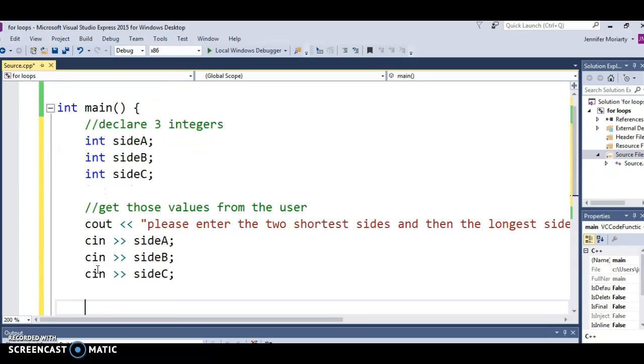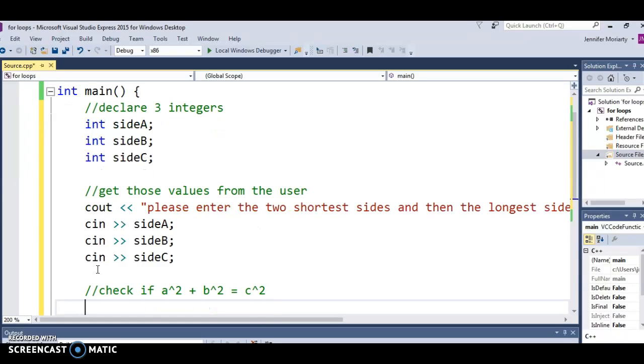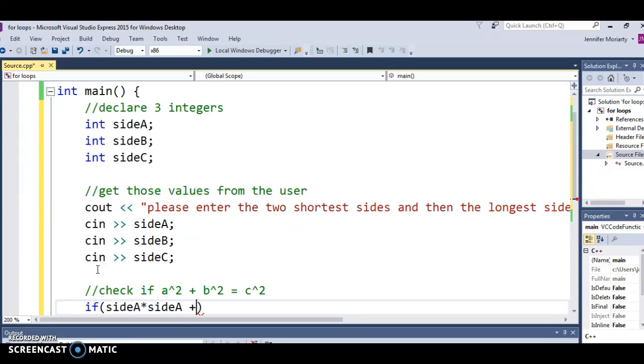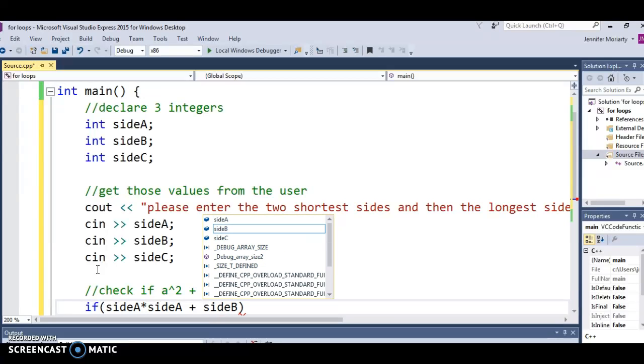Alright, sweet. Now I'm going to actually check. I'm going to check if a squared plus b squared equals c squared. Alright, so let's put this in an if statement. So I'm going to say if side A times side A plus side B